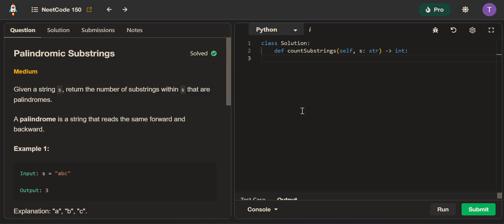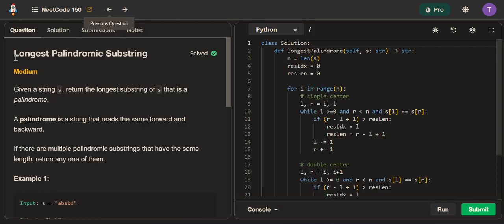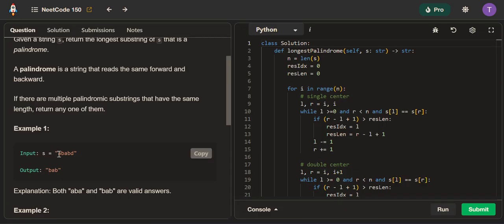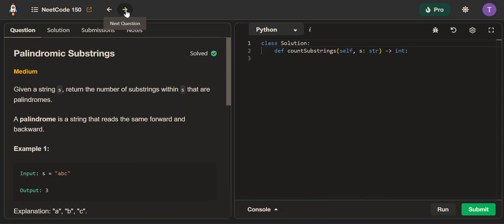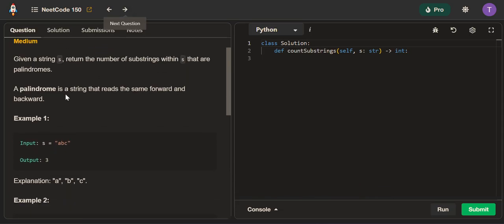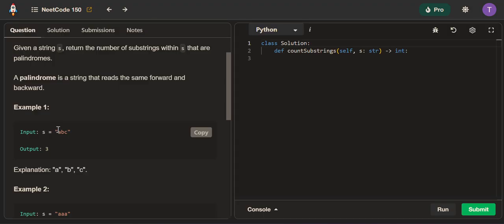What's up guys, this is problem 104 of Neetcode with 50 palindromic substrings. So in this problem, it is quite similar to the previous one we just did, which is longest palindromic substring, where we had to find basically the longest substring that is a palindrome within the given string. Only in the next problem, or the one we are currently solving, we have to render how many different substrings